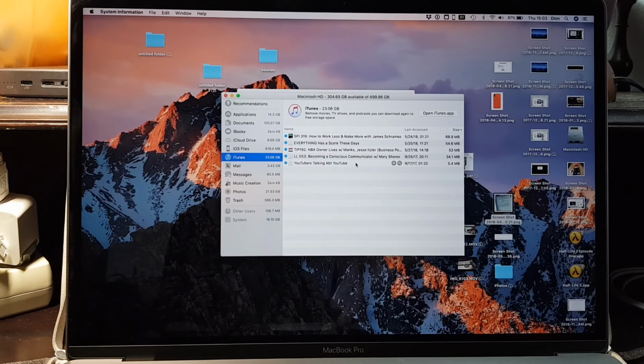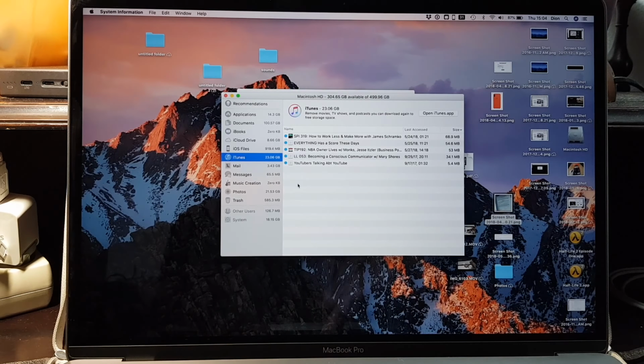But I never listened to podcasts on the MacBook, so I had a list of several hundred episodes of each podcast, and one episode takes around 50 or 60 megabytes, so it was occupying quite a lot of space on the hard drive. So I deleted all the downloaded podcasts which I already listened to, and I freed up several